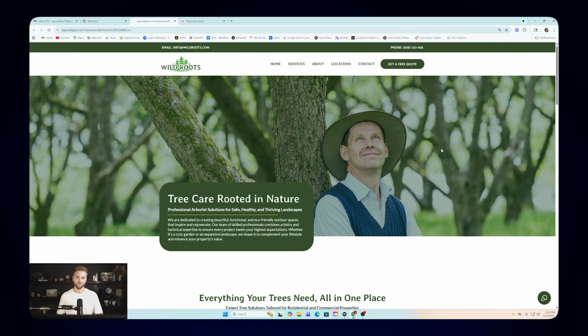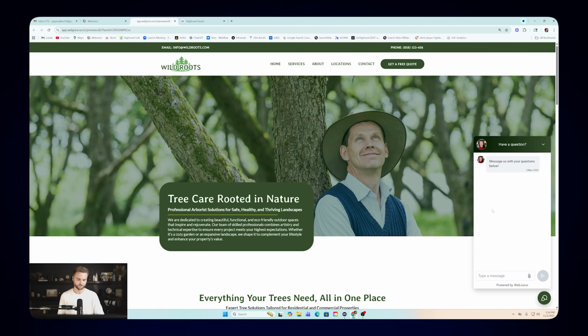The second thing is going to be lead captures. We make sure to give our clients many different ways that they can capture leads on our smart websites. The first main one is this chat widget right here, and this is actually hooked up to an AI chatbot, which GoHighLevel also has the ability to build. We build the chatbot and then we hook it up to our clients' different communication channels, one of those being this chat widget here. And we can ask this chatbot questions about this business, like, do you offer tree